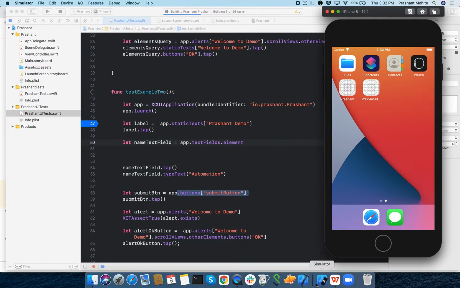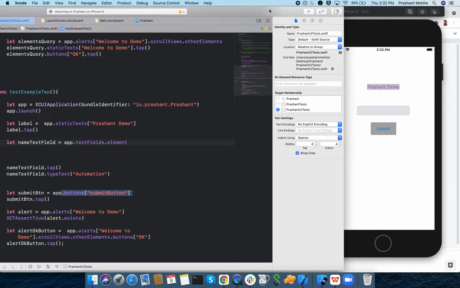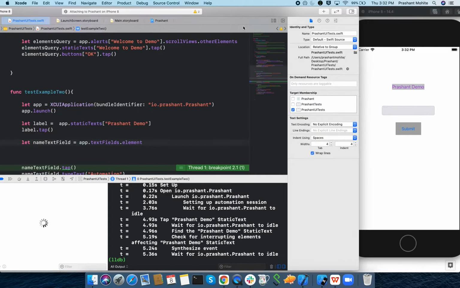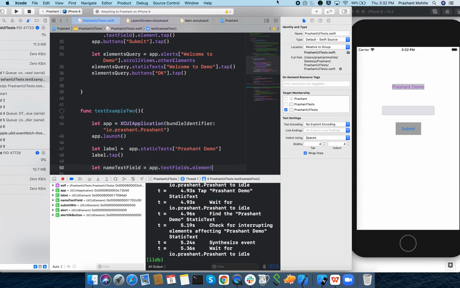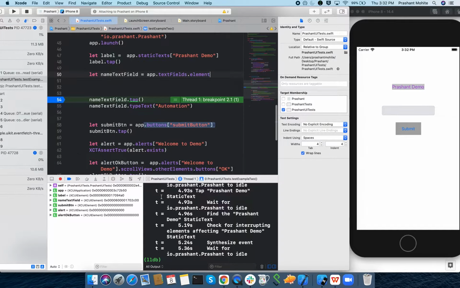So you'll get the idea of how you can create different queries to find one element. See, there is one element. I have put a debug, so that's why.